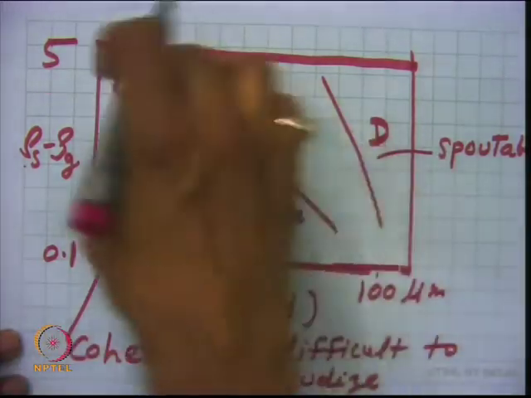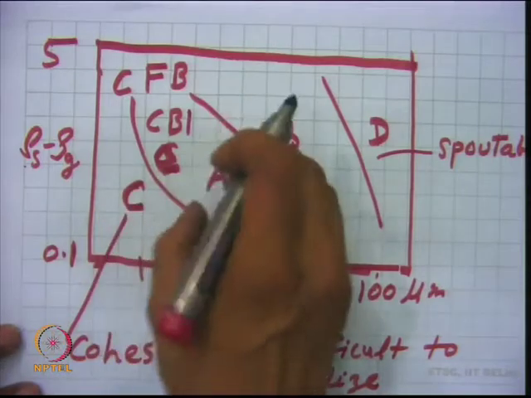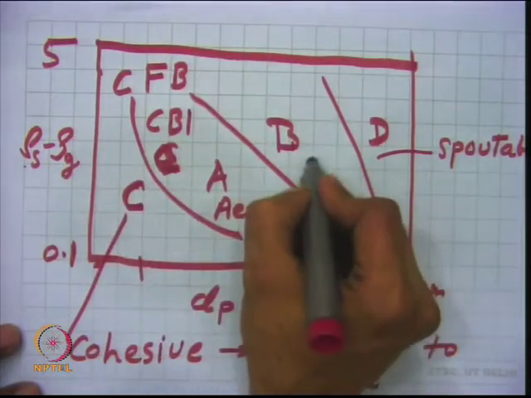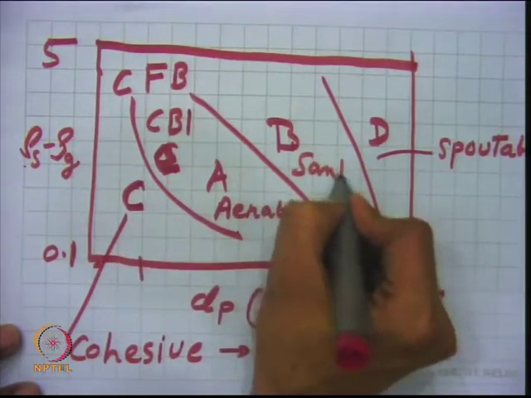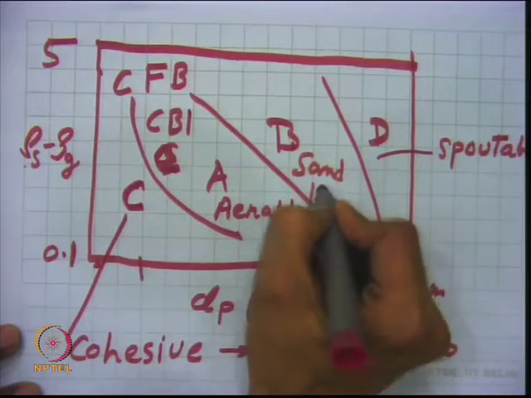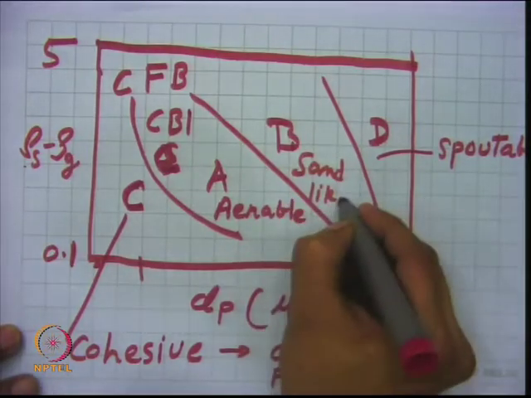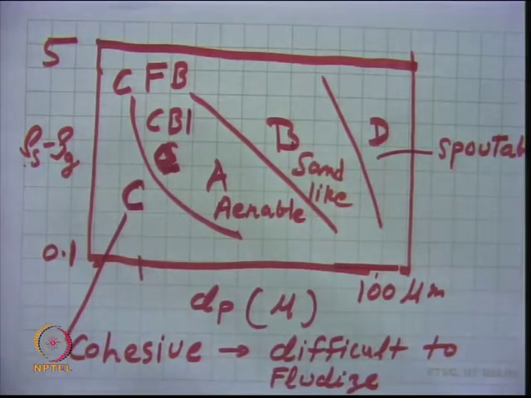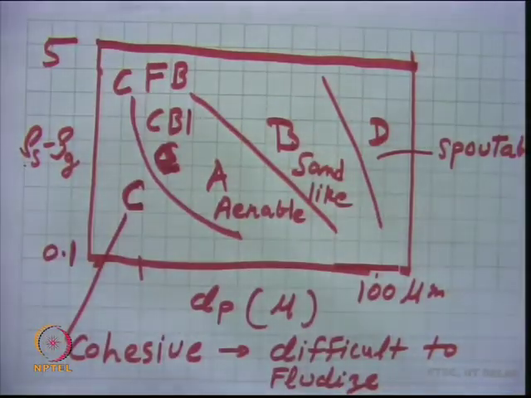This is the zone where we feel that this is a better way of fluidizing. This is for sand-like particles, which can be fluidized under certain conditions. This is the category where bubbles grow and increase in size. Gas bubbles will be there and solids will be surrounded by them. When you have a higher flow velocity, the bubbles will grow, so the gas bubble will increase in size.